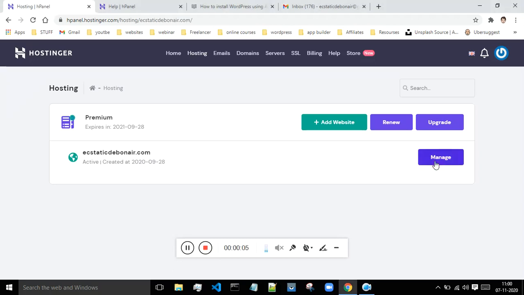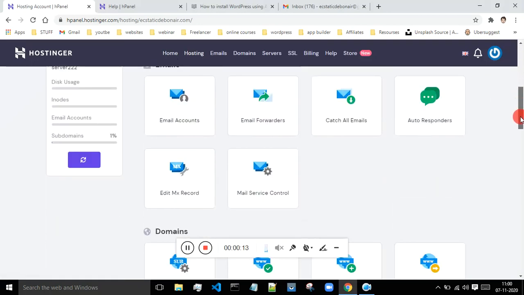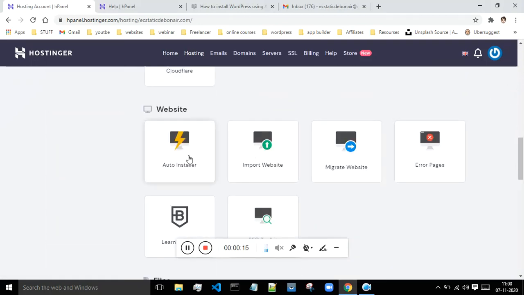So click on manage over here. First of all, you have to go to the hosting and then click on that manage. After that you'll be taken to this panel. Just scroll down and click on auto installer,